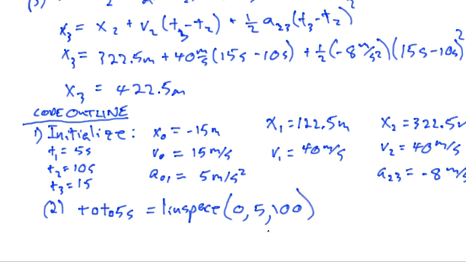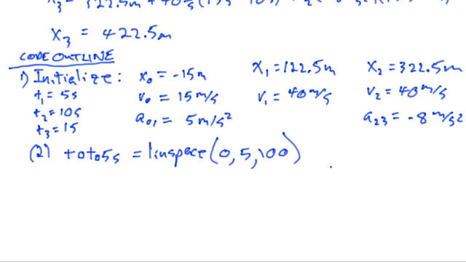So initialize, this will be an array, T from 0 to 5 seconds, and then I'll put 100 values in there. That's probably going to be overkill for keeping things smooth, but I don't think it'll take too long to run the code anyway. And then T